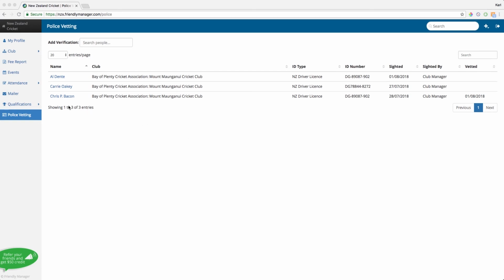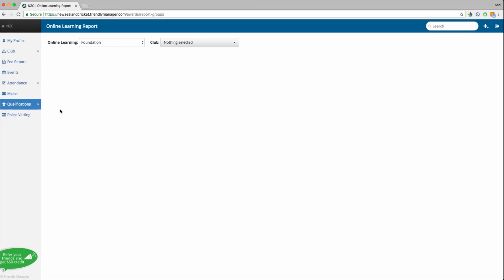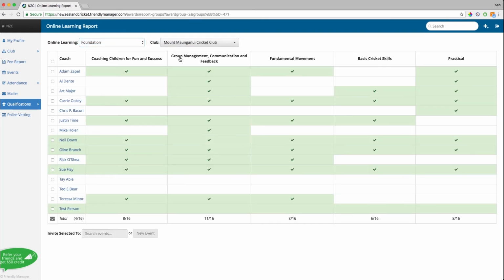We're going to simply hover on qualifications and click on Online Learning Report. And it allows you to get a complete overview of all qualifications that have been completed. Simply choose the level of qualification that you're wanting to look at. In this case, I'm going to choose Foundation, and then choose your club. You will then see a complete report of all the people who are currently doing the Foundation course and what